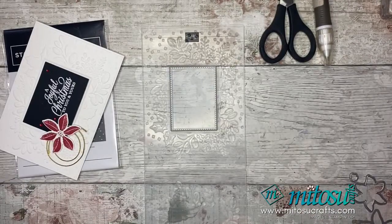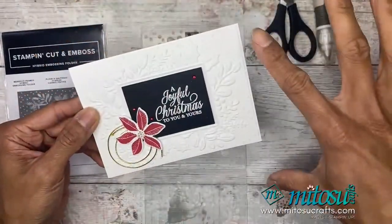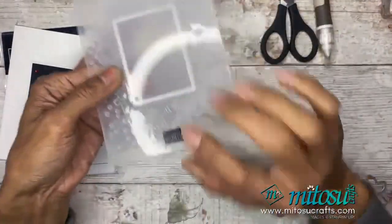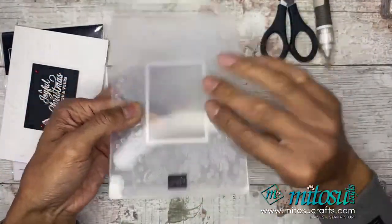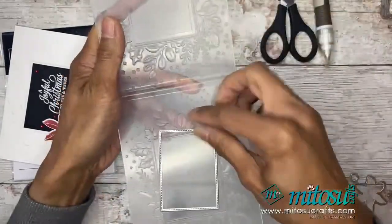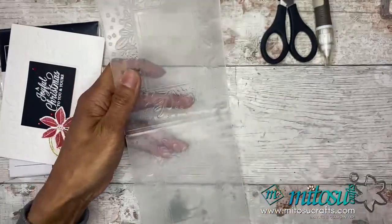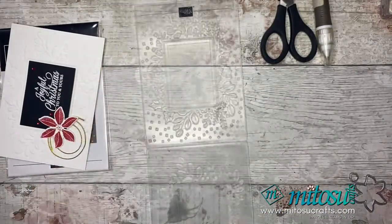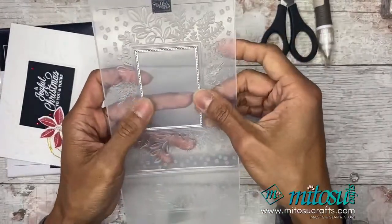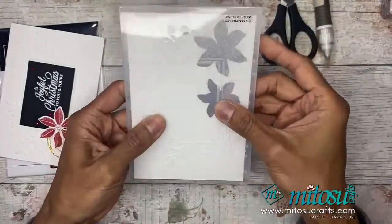Even I'm learning something new now. The way that Barry used it, it's just the embossing folder in one go. If you put that die, so if you can see, it's the logo, behind the logo on there, it doesn't move. If you put it on here, it kind of moves about. So just keep that in mind. Don't chuck it across the floor. Don't drop your die. Put it on the channel, put your paper in,